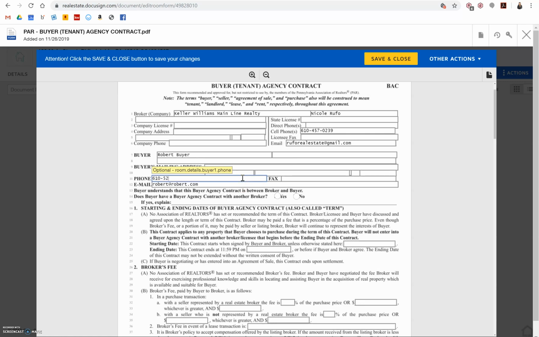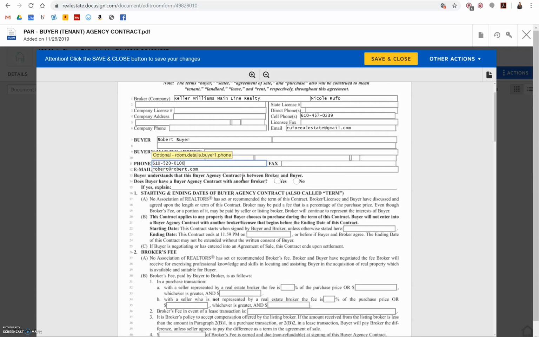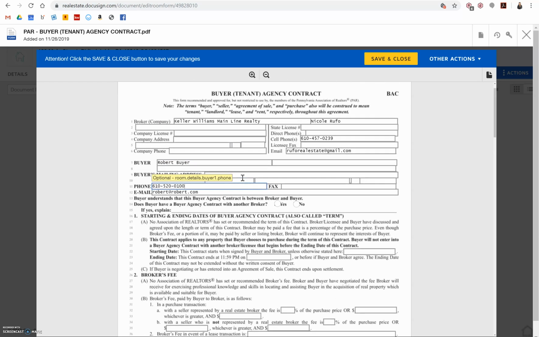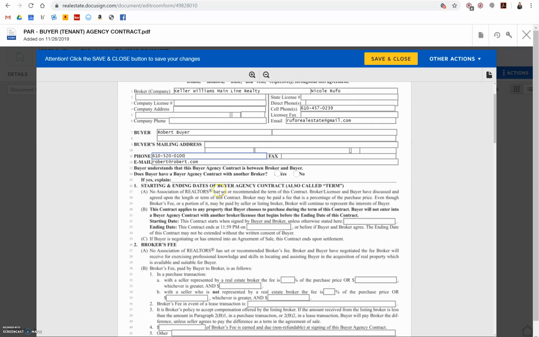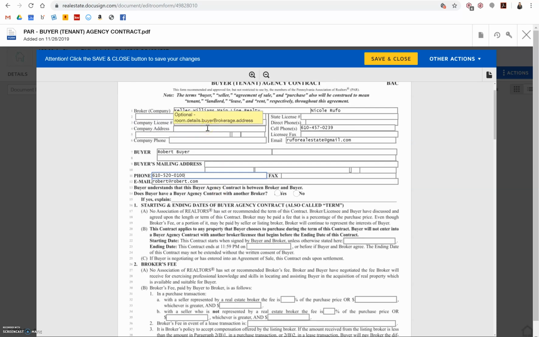It looks as though that field is mislabeled right now. So they are, again, working on closing the gap between some of these glitches that are still happening within DocuSign. So for now, I'll just manually type in the additional information. And once that form is completely filled out,